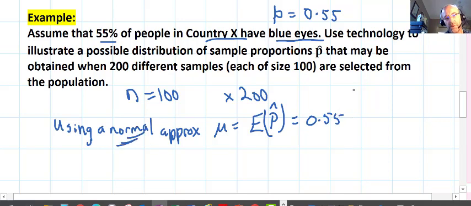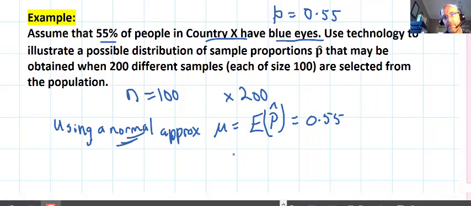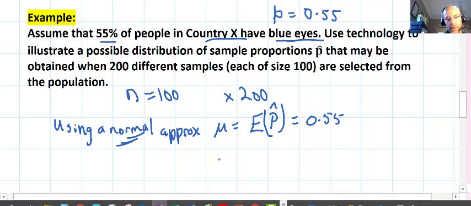And the standard deviation sigma, or SD of P hat,